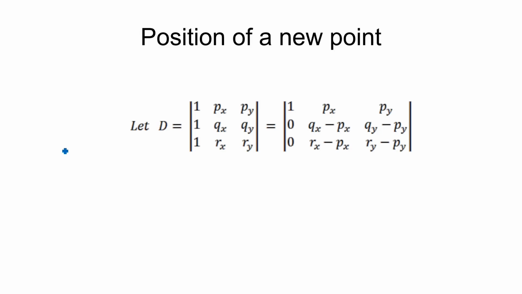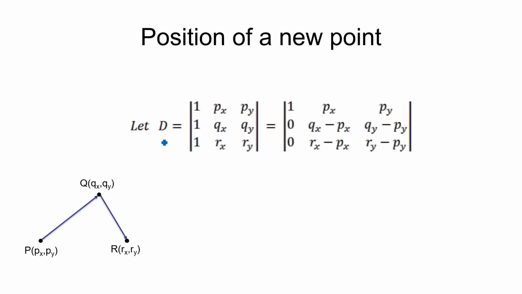Suppose we are given 2 points P and Q, where the corresponding coordinates are Px, Py and Qx, Qy. To compute the convex hull from a set of points, one of the frequently required operations is to find the location or side of a new point with respect to a straight line joining two given points. So let us consider a new point R with coordinates Rx and Ry. So we need to know the location of R with respect to the straight line PQ.